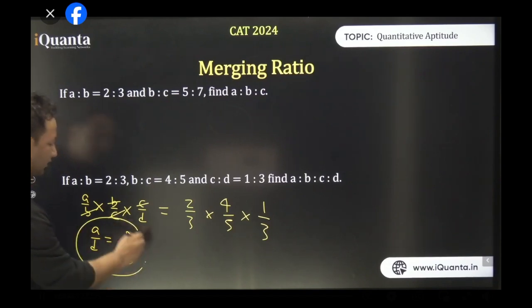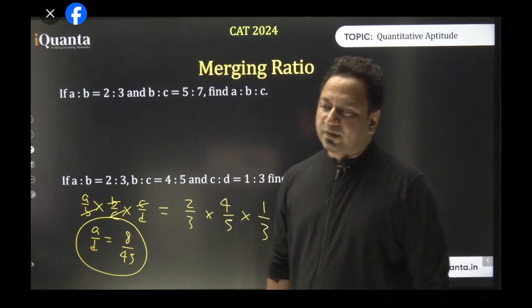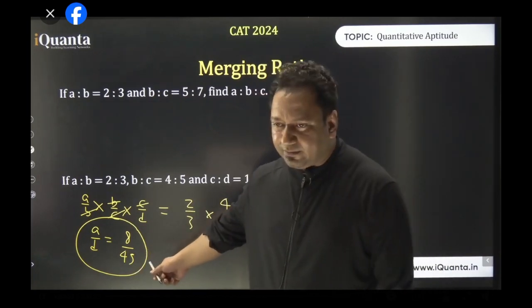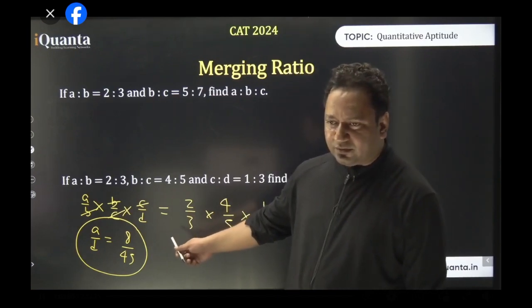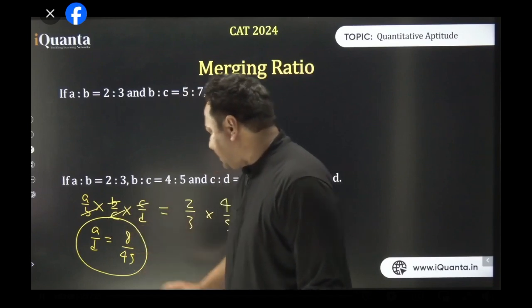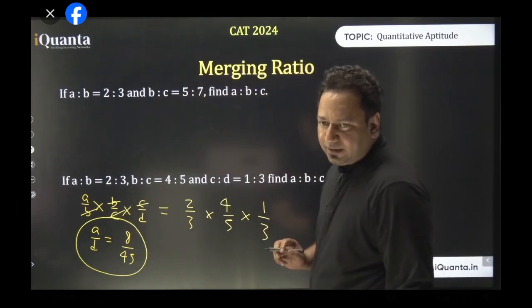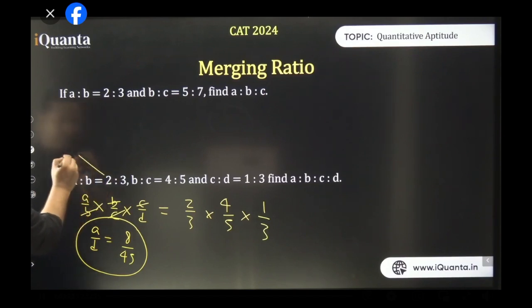Now is it clear to all of you? So we got the value of A and D. Is this clear? That's a cool thing to do. The moment we do it, we'll get the answer. Now we have A as 8 and D as 45. All right. See, now everything will fall in place easily. We got the value of A as 8 and D as 45. So see what is happening: A becomes 8.